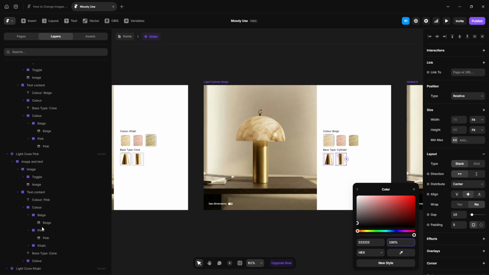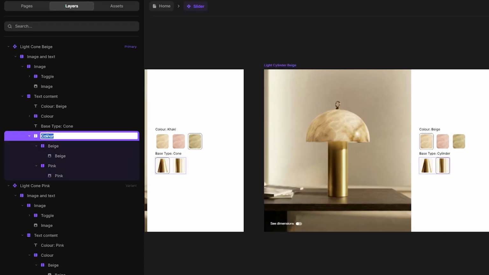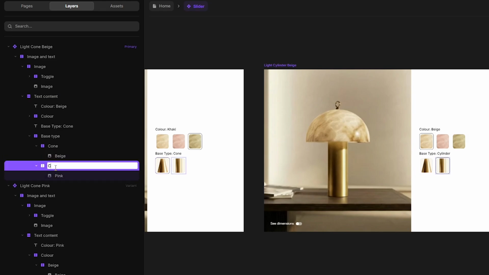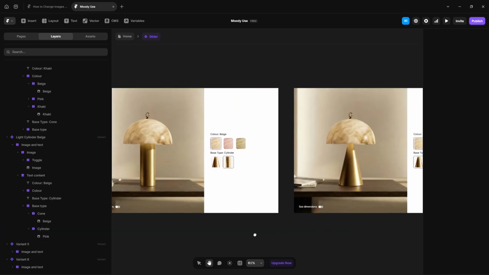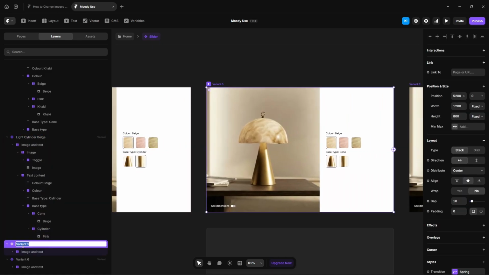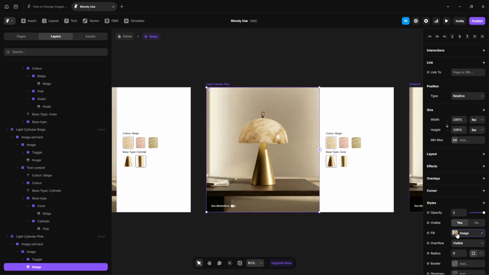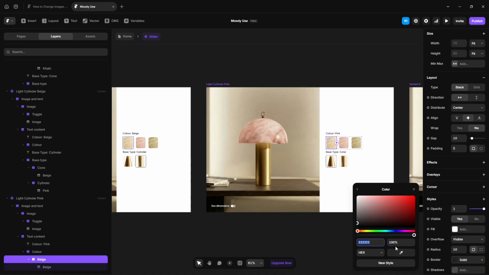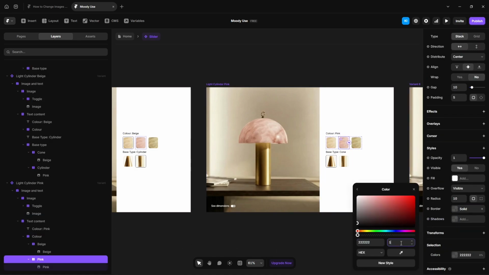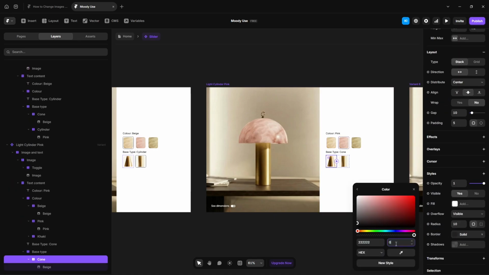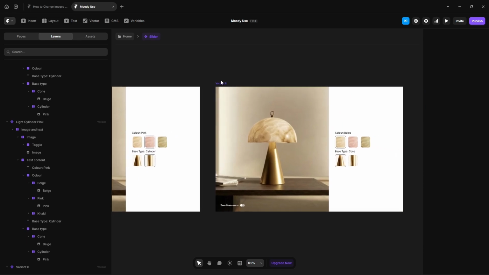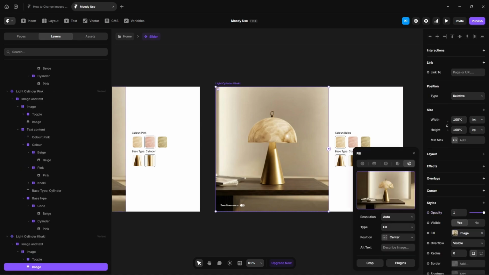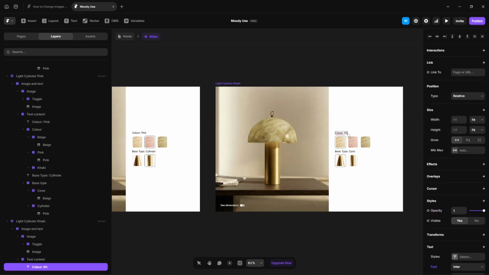So the easy method is update the primary variant, name it base type, then for this cone, and for this cylinder, click here, image, color pink, as for this, click here, image, upload this image, color khaki,